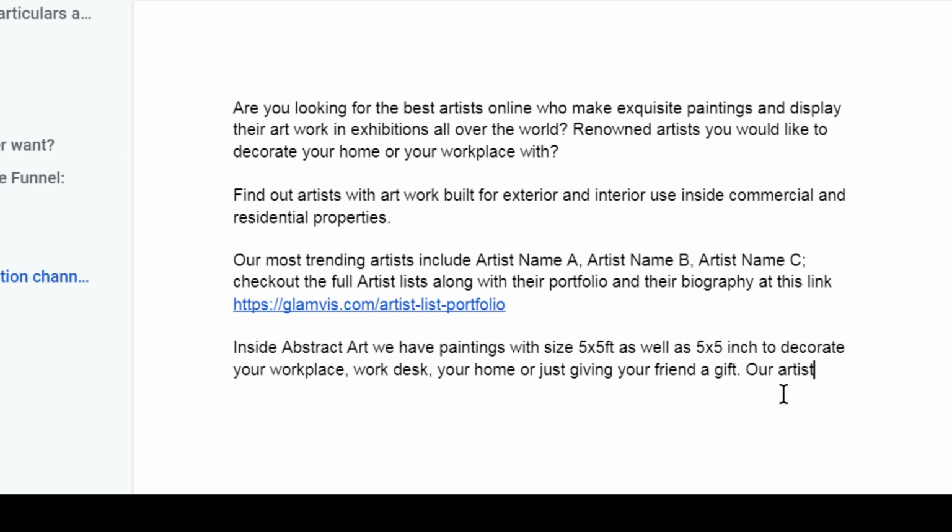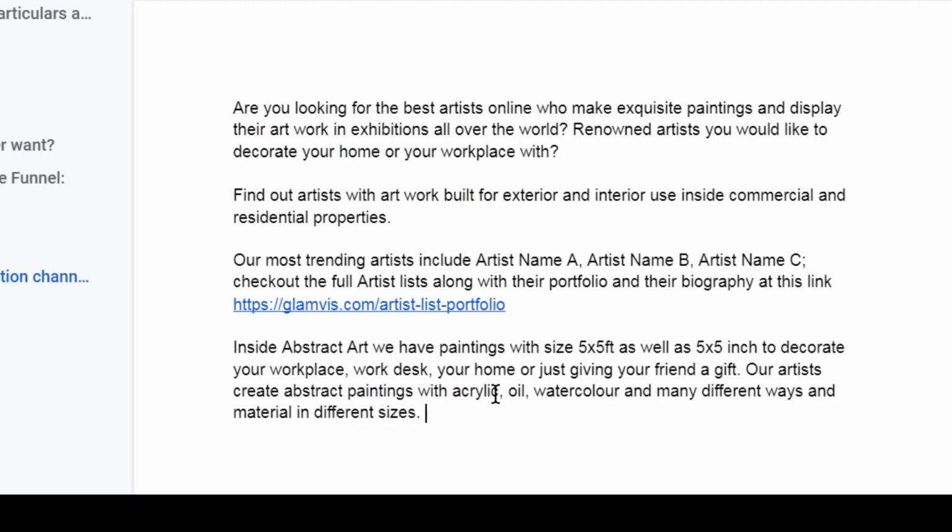Our artists create abstract paintings with acrylic, oil, watercolor, and many other different ways and materials in different sizes.